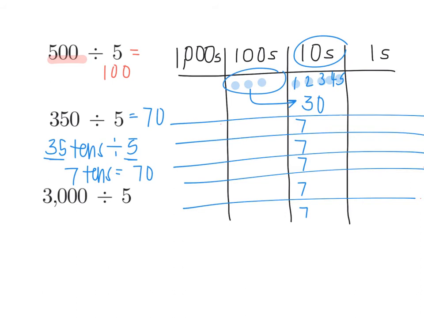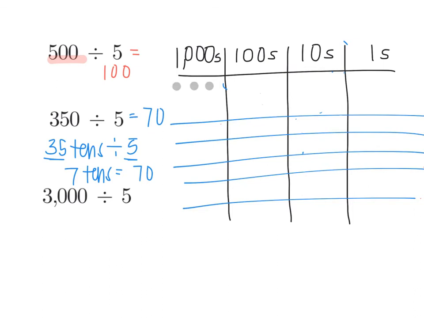Make sense? Let's try the next one. Let me erase this work. I can actually leave my lines there because my divisor is still 5, right? Okay, so this time I have 3,000 divided by 5. So I'm going to start with 3,000s. Now, again, I cannot divide these 3,000s into 5 equal groups, so I have to regroup it. Those 3,000s can become 30 hundreds. So this is the same thing as 30 hundreds